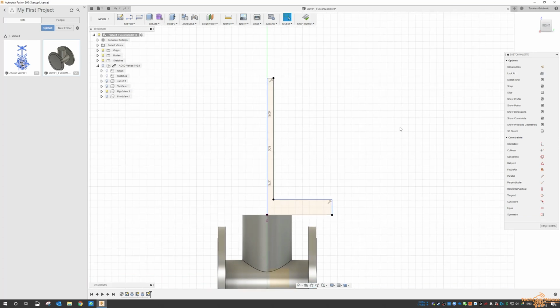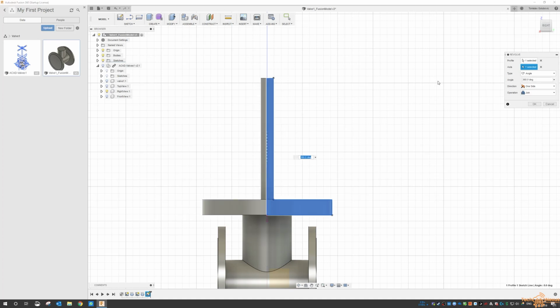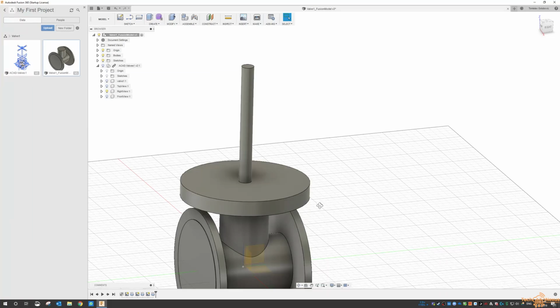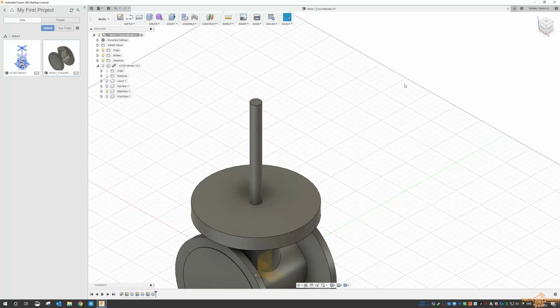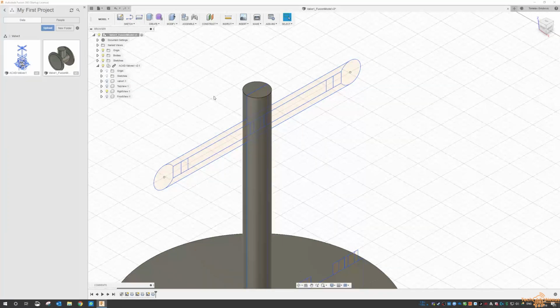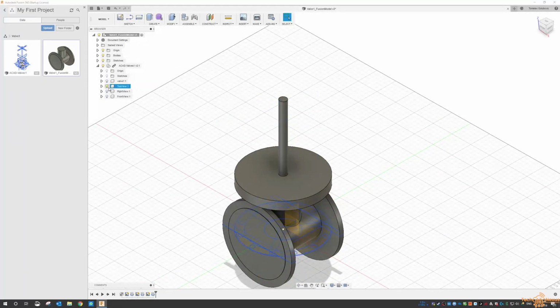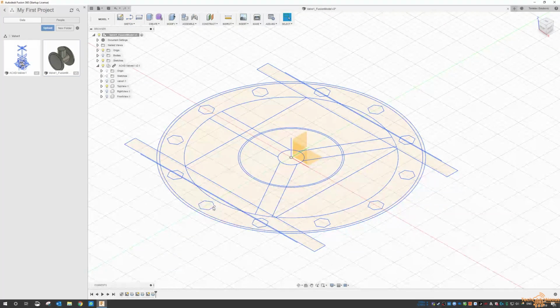So now I can stop the sketch and then do a revolution. So that's the profile. The axis is this vertical line here, and we're going to join it together with the other one. And now we've got the beginnings of our body here. So what's left? We've got this top handle up here as well. If we switch on the top view, and I just turn the bodies off, so you can see here